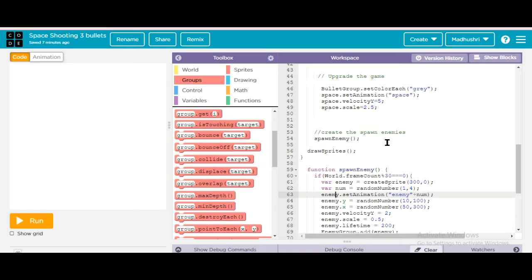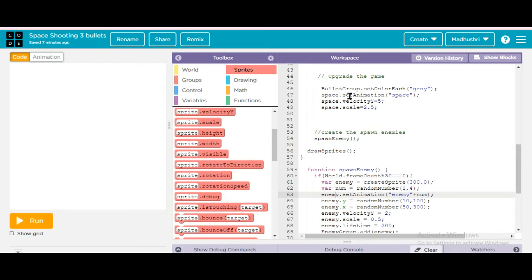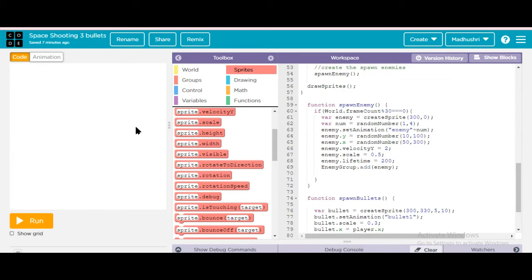Then at the last you have to add this enemy group. Only for that is the group there. Sprites will be given outside, we can write them separately, but a group we have to write only in the function. So that's why I created a function called spawnEnemy.